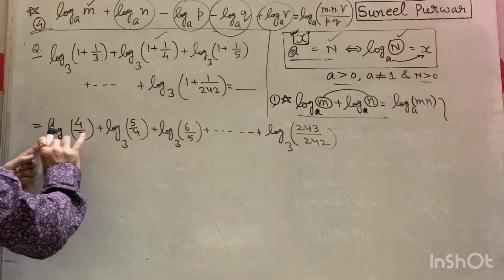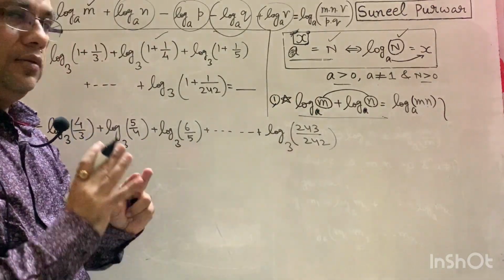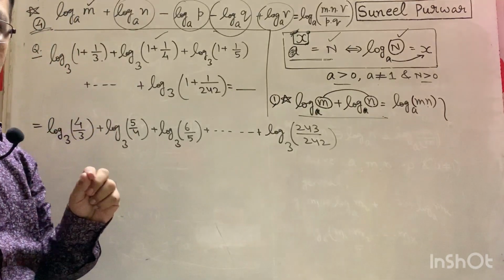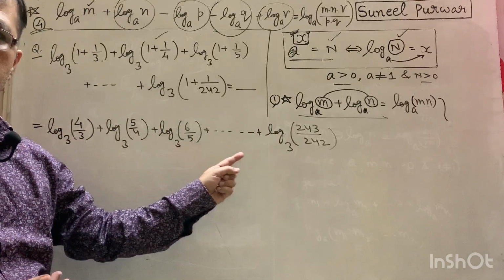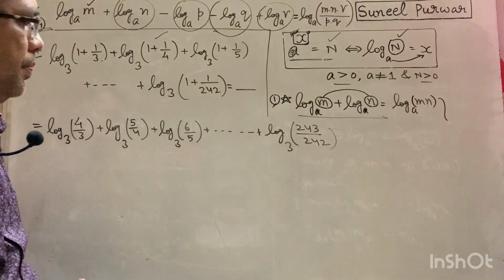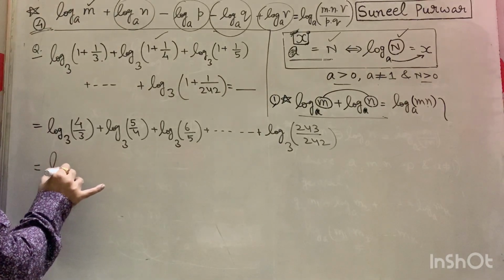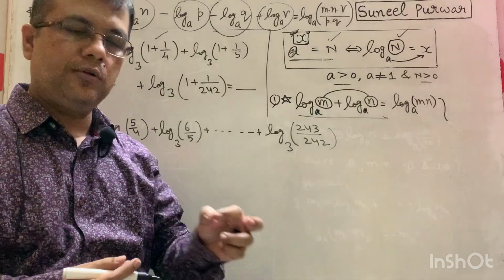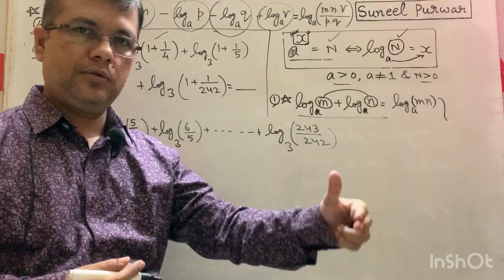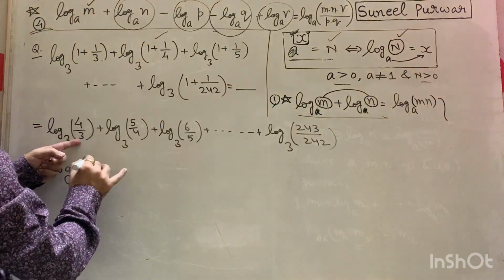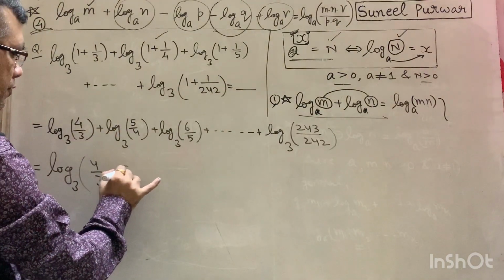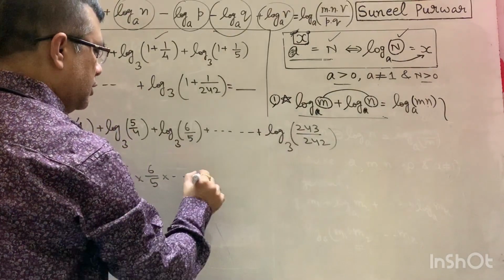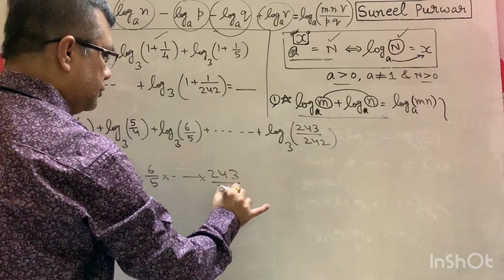Now all these logarithms are with plus sign. So that, you know, excellent trick I had given you to simplify the logarithms. All those logarithms which are with plus sign and having same base, their numbers will go into the numerator. So this will become what? A new logarithm at the same base 3, and all these numbers will get multiplied. In fact, I had told you that result, m1 into m2 into m3, and so on. So this will become 4 by 3 into 5 by 4 into 6 by 5, and so on. Your last number is 243 upon 242.